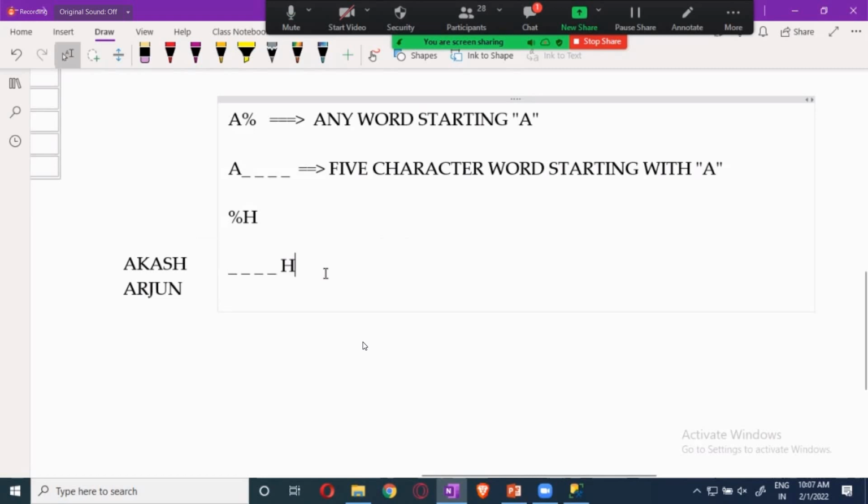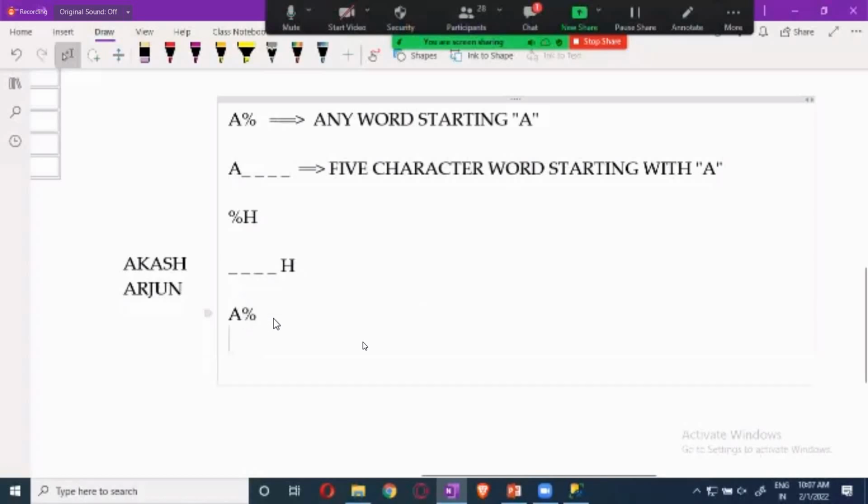Now let's do this one. And one more thing. If I am giving anything inside this, then it will be considered as if I'm giving something like this. What does this mean? A means a word starting with A and n number of characters over here.